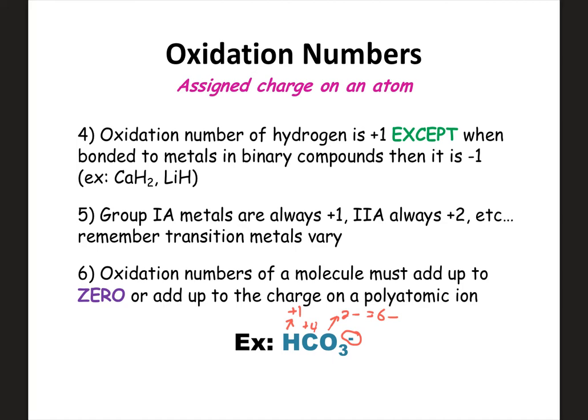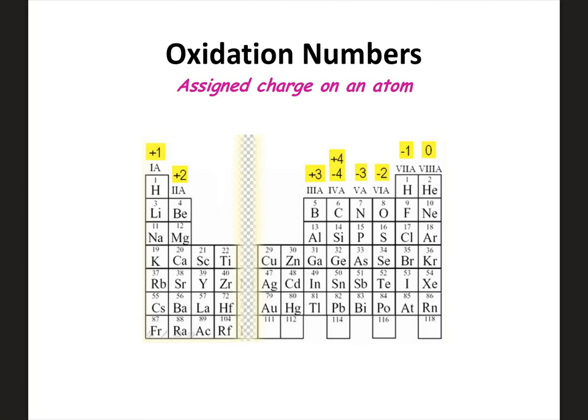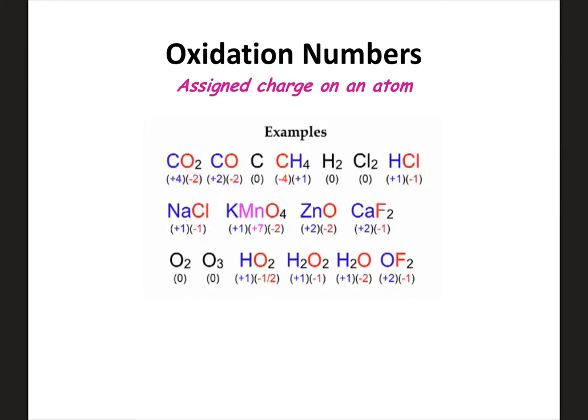All right, so you need to use these rules to be able to figure out oxidation numbers or charges of elements in a compound. And this is definitely something you will have to do, so you need to know these rules. This is just showing you some of those common charges that you should be aware of. We already know that certain columns on the periodic table have certain charges or oxidation numbers, so this really isn't anything new. You can see some examples here, but we are going to try this for